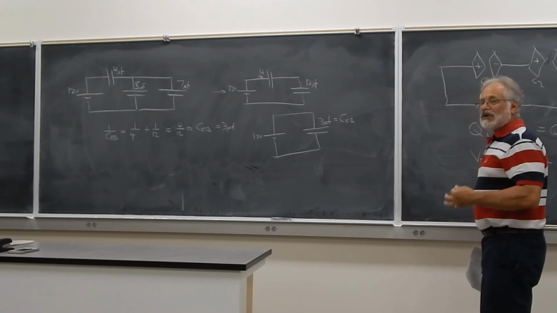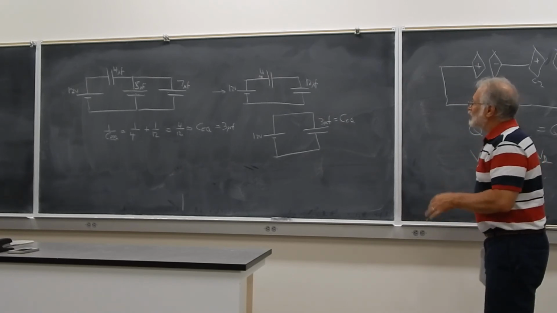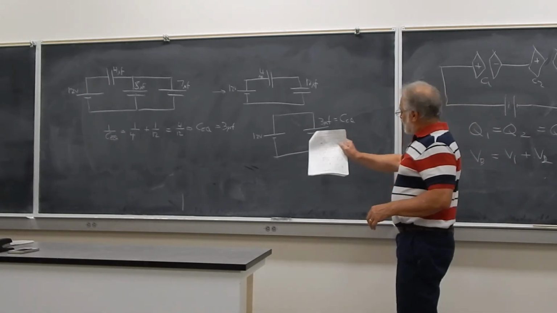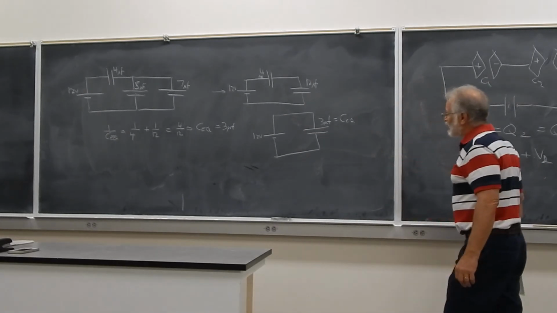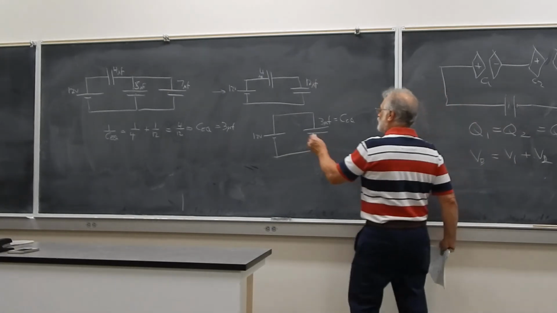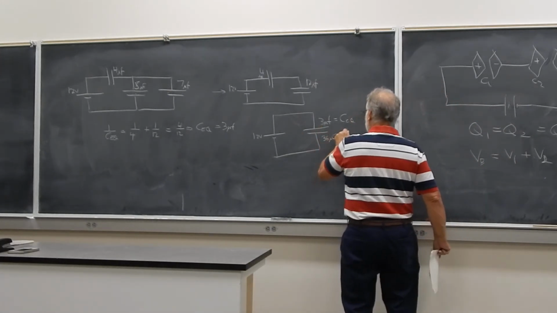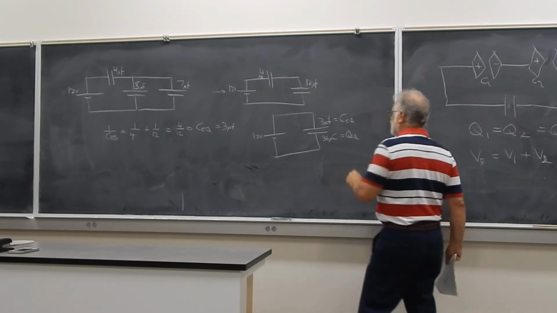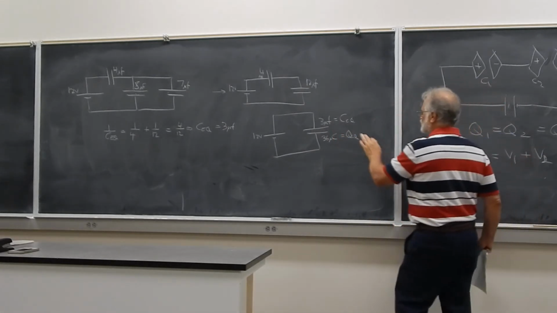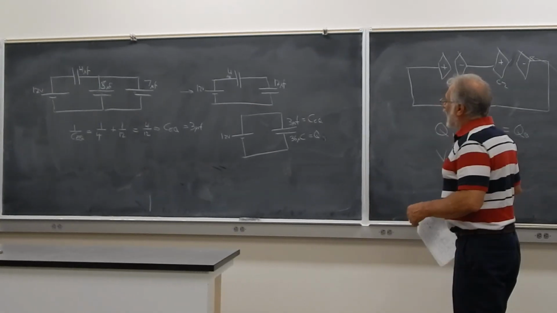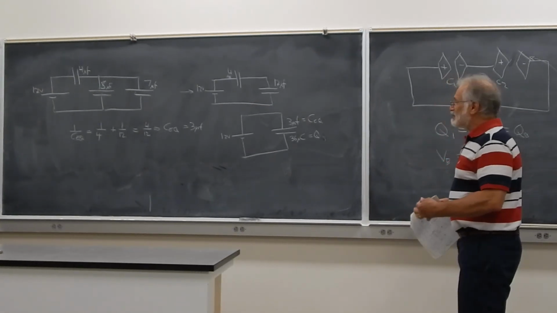When I want to find all of the charge and voltages, I have to work backwards. So what I do at this point is I say, I've got a 12-volt battery, a 3 microfarad equivalent capacitance. That will give me 36 microcoulombs would be the equivalent charge, or total charge, I guess I should call it, on that capacitor. I've got all the information I can get from that